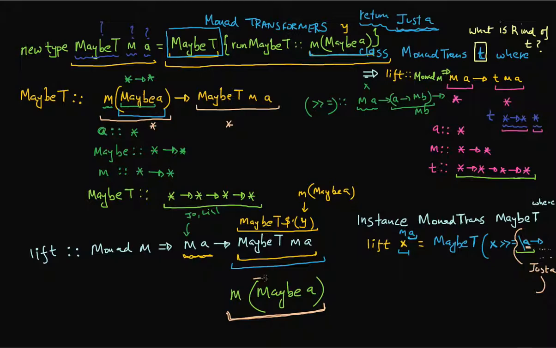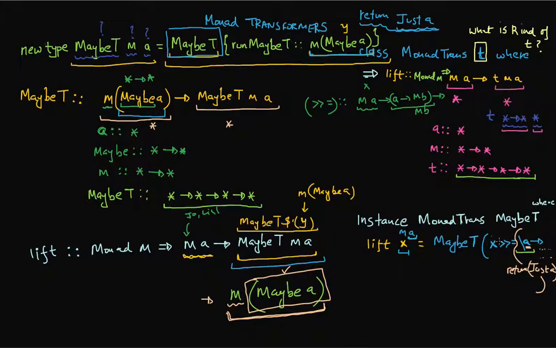Okay, so this piece over here is done. And now, how do I wrap it up in this monadic expression? I can do that by just calling return on this entire thing. After calling return on this entire thing, this function, which is in this brown color, is going to have a type of m of maybe of a, and I'm going to take the type m of maybe of a, which is going to be the type for this